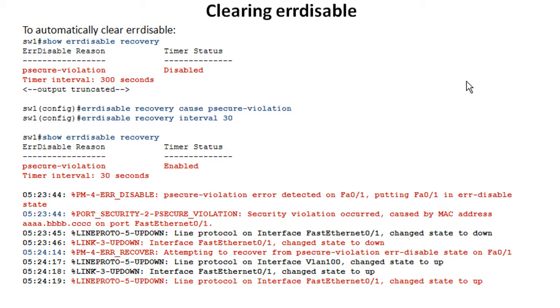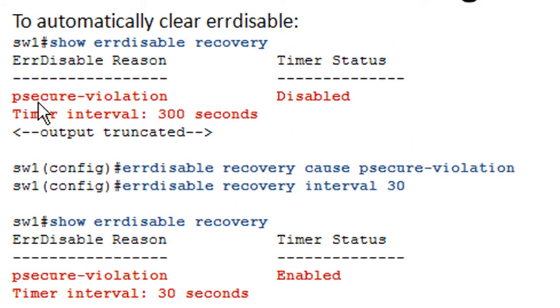So what Cisco IOS does is it has a number of error disable reasons. These are reasons why Cisco IOS will put a port into error disable mode. And with each of those error disable reasons, there's an associated timer. So it's saying that after this amount of time, bring it back out of error disable status automatically. And the default timer is going to be 300 seconds, which is 5 minutes.